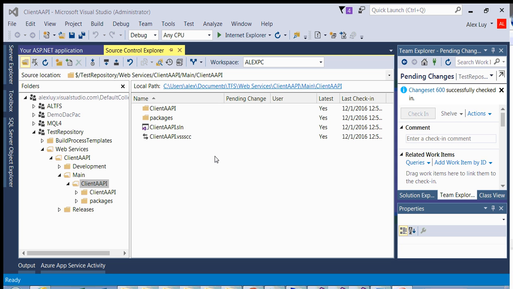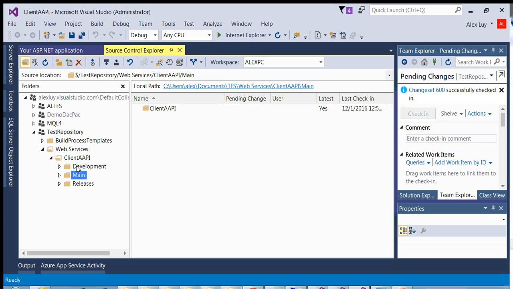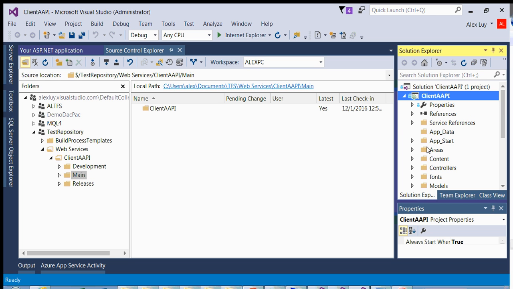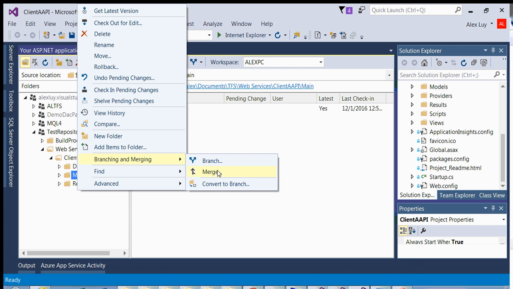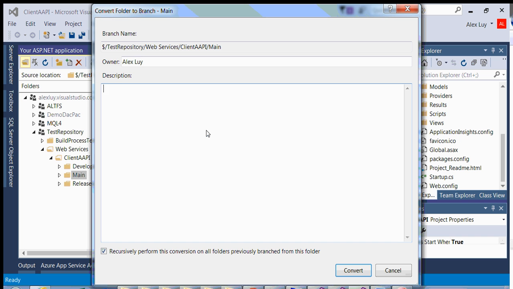Okay, it's done. So now the folder structure I have is a main folder which has my main trunk. I have all my files under here with my solution file, and I have these development and releases folders, which I will let you know what they are for in a minute. So say for instance, I've done a release for main, we work off the main branch, and we want to branch off a development version for this because they want to create some enhancements. So the first thing is you've got to make main a branch. So I would right click on main, then you can say convert to branch, and just say there's the main branch